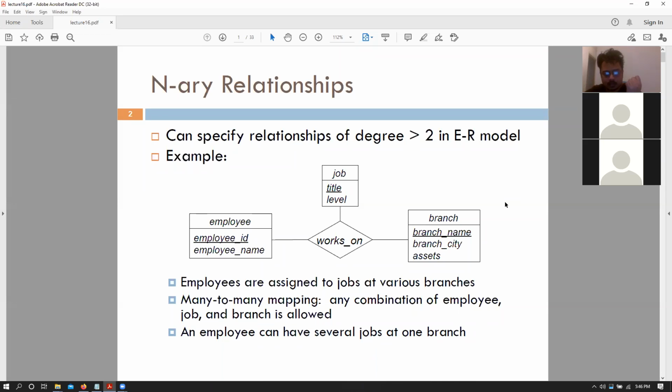Today we are going to have a short class, but essentially we're going to talk about relationships that have more than two entity sets related together, mostly three entity sets related together. And then we will also talk about converting an ER diagram into its corresponding relationship model and their SQL statements, right?